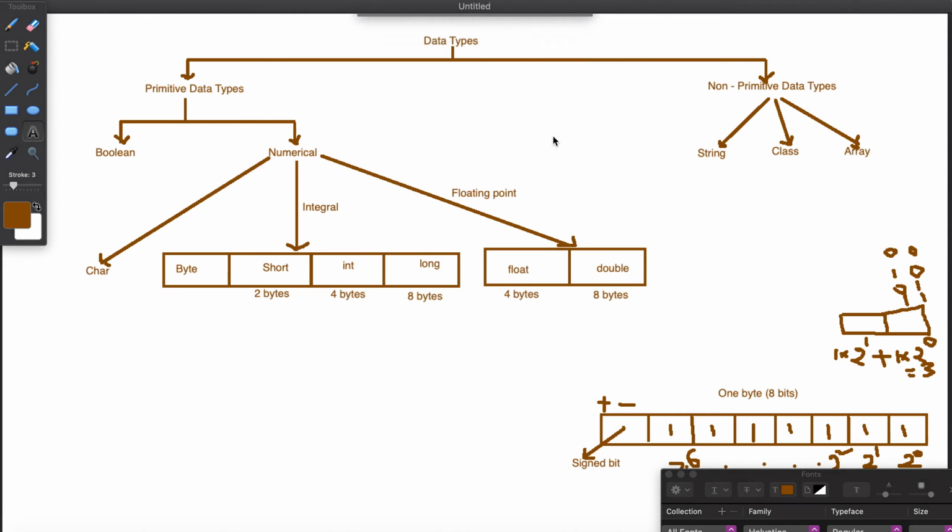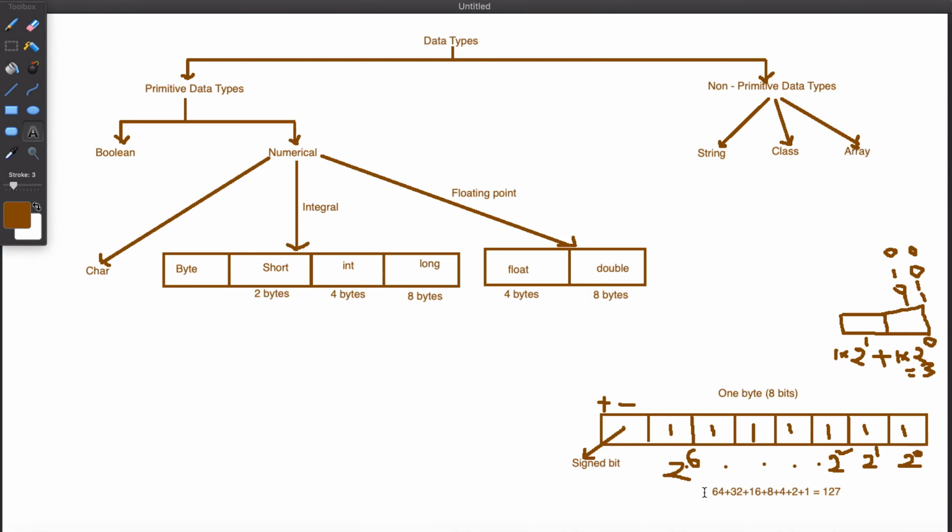Okay. On the positive side, the max value we can store is 127. Whereas on the negative side, it will start from minus 128. So the range is minus 128 to 127.